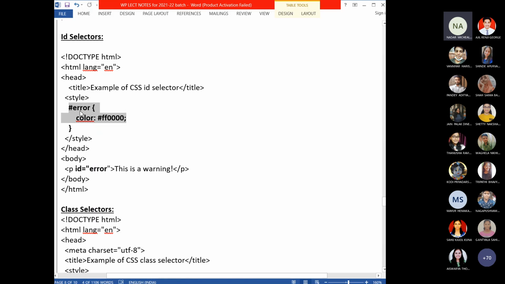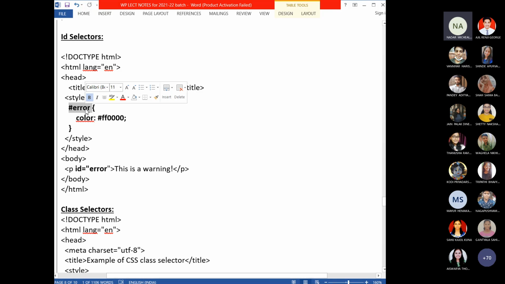This is not a predefined one. Anything you can use. But the ID should be prefixed with the hash. Remember, hash, some ID, and then as usual you write the style declaration. The style declaration will come like other selectors and will not change. We are only seeing different ways to specify the selector. So only this will vary.